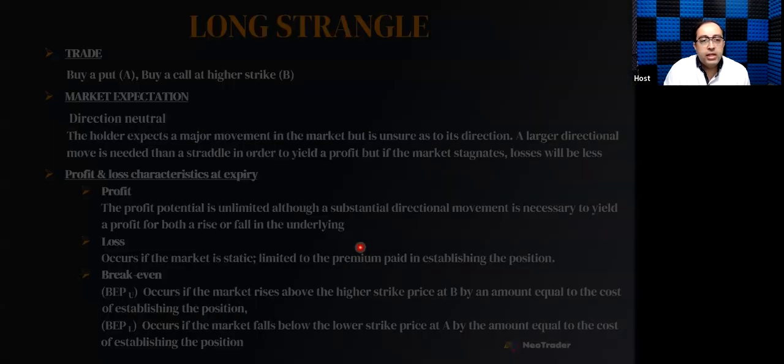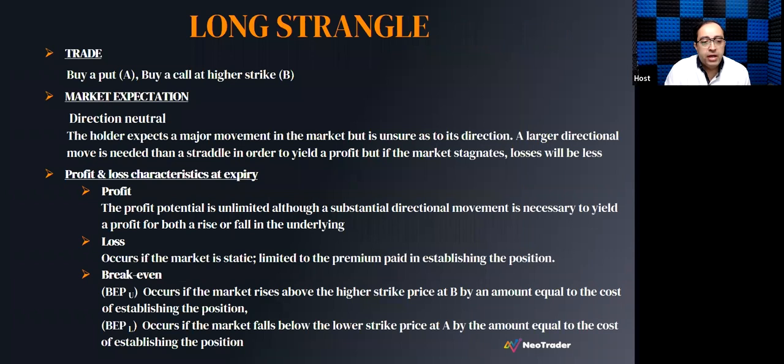Now the other type of strategy which you see in the market is a long strangle. Many people like to do this. They buy a put and then they buy a call at a higher strike. This is directionally neutral. When you are participating in this, you are not expecting much market movement, ज़्यादा आप major movement expect नहीं कर रहे हो, but at the same time you are trying to play. What are you trying to play?